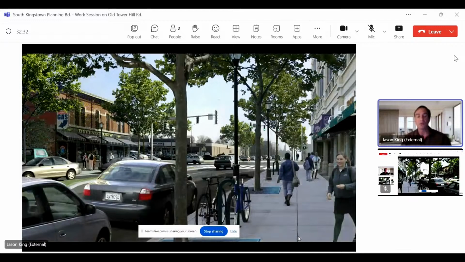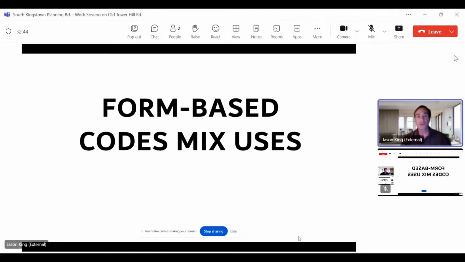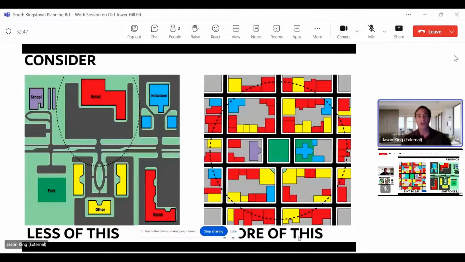And so this safe spot for the pedestrian is created, and the public investment is followed by private investment. So what you are seeing there is the form-based code's mixed uses. Right now, the image on the left is a lot like how Old Tower Hill Road works. There's retail, there's office, there are some nice little pocket parks, major intersections, and they're all separated, all linear, all surrounded by their own parking lots, and it's quite impossible, or a lot to ask, for someone to walk in that kind of environment.